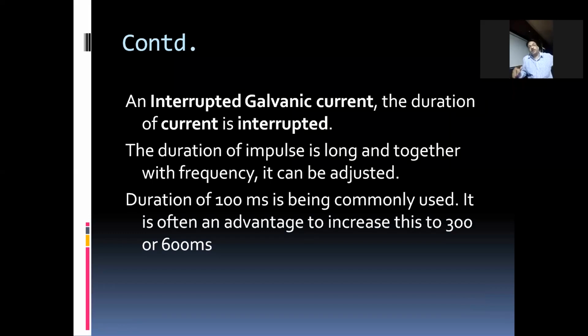Even in case of upper motor neuron type of paralysis, we are using galvanic current, but results are very good in case of lower motor neuron type of paralysis like wrist drop, foot drop, Bell's palsy, polyneuritis, in which peripheral nerves are affected, and these peripheral nerves may be affected in so many ways, like neuropraxia. Neuropraxia is compression of nerve. Axonotmesis is cut off axon, and neurotmesis is cut off nerve.